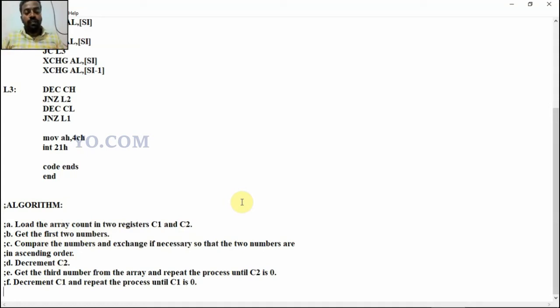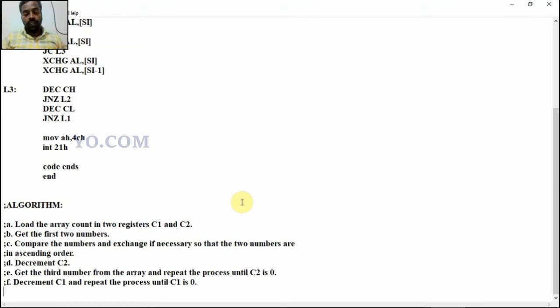Then get the third number from the array and repeat the same procedure, until the second count C2 is equal to 0. After that, decrement the first count and repeat the process. So we will get ascending order.